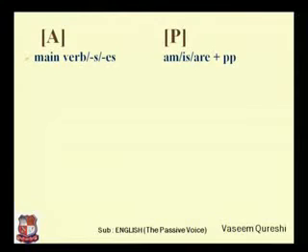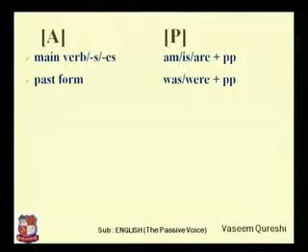Now you can see different verb forms based on the tenses. The very first line indicates simple present tense. We can use main verb or s or es form. When the same sentence is changed into passive voice, we have to use am is are plus past participle. I can say I play cricket, he plays cricket, play and plays. But when the sentence is changed into passive voice, cricket is played by me, cricket is played by you, right?